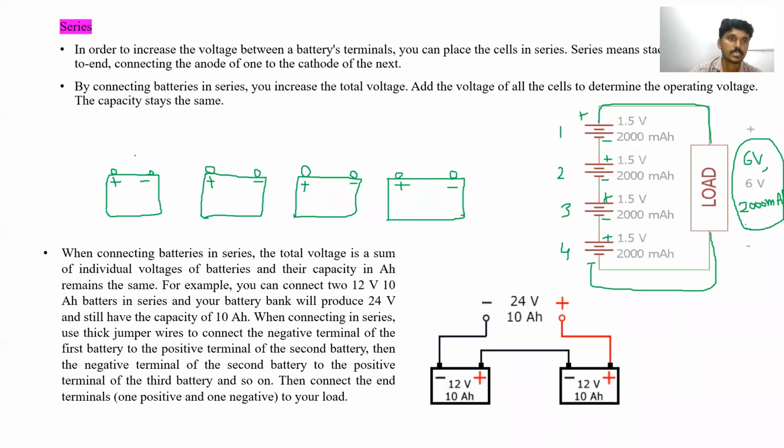Series connection कैसे कर सकते हैं अपन? Negative plate of the first battery is connected to the positive terminal of the second battery. Okay, 1, 2, 3, 4. So the negative terminal of the second battery is connected to the positive of the third battery. Third battery negative is connected to the fourth battery positive. Clear? Next, the positive terminal of the first battery and the negative terminal of the last battery are connected to the load circuit. For example, this is the resistive load, whatever load it is.